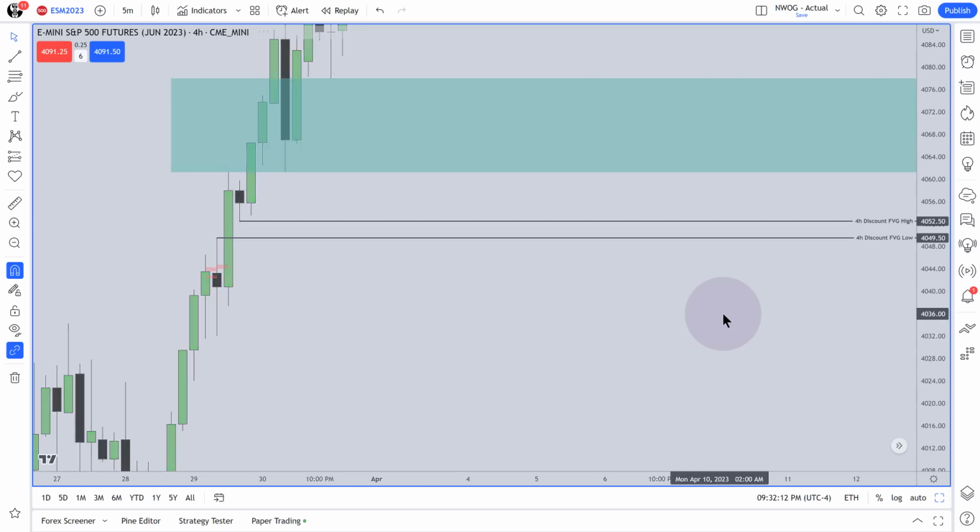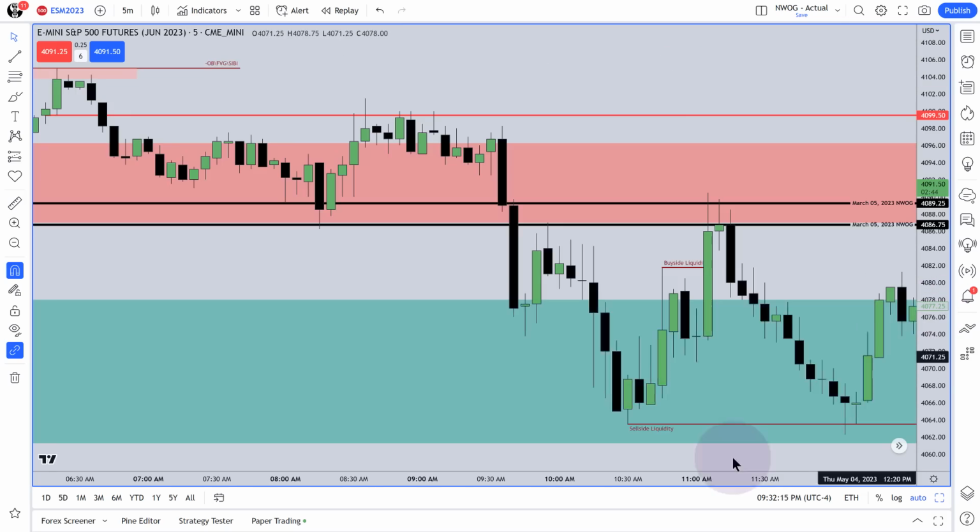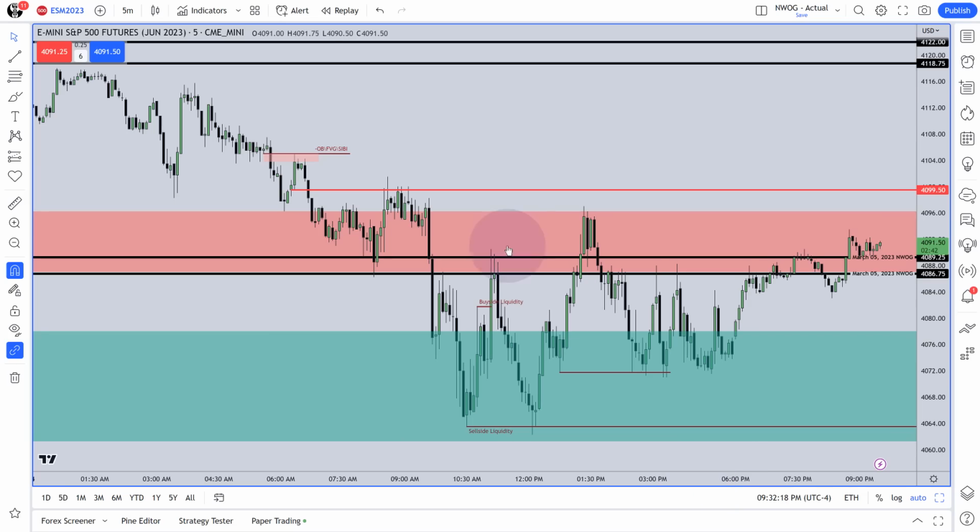So here's the 5-minute chart now. Okay, so here is that order block at 4099.50, and it's anchored on Thursday, May 4th at 6 o'clock in the morning, 6:15. We have a fair value gap here and an order block, which is the last two up close candles here. It hits that, trades down, comes right back up, rebalances at a volume imbalance, which is